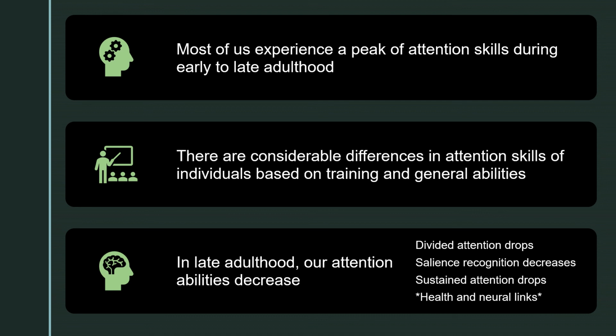As we get older and get into very late adulthood, we're talking 60s, 70s, and beyond, we do start to see a small drop in our attention skills. These drops, though, are kind of minimal for most individuals. Our divided attention skills do get worse, not that they were ever really good in the beginning, and our ability to recognize the importance of specific environments and things that we're experiencing, what we call salience recognition, does drop just a little bit when we get older. Our sustained attention drops a little bit.